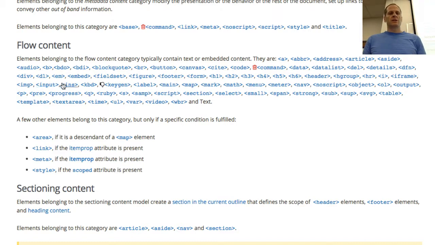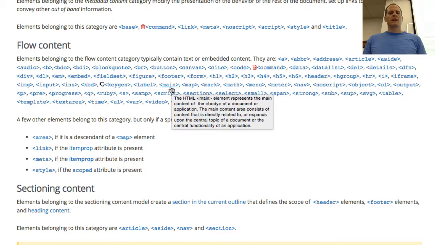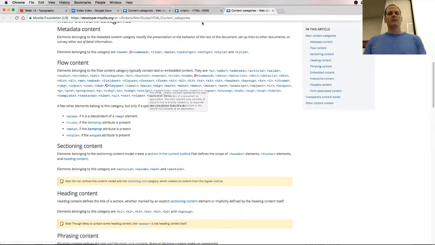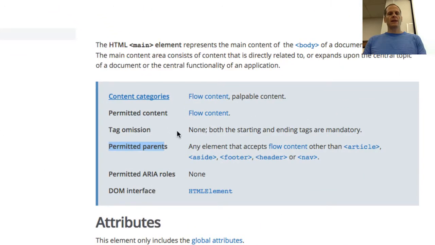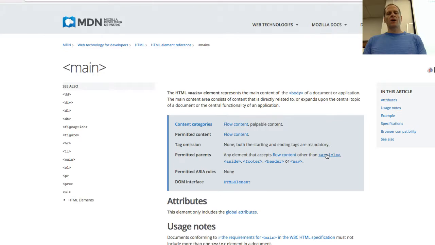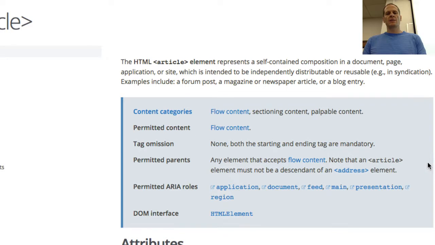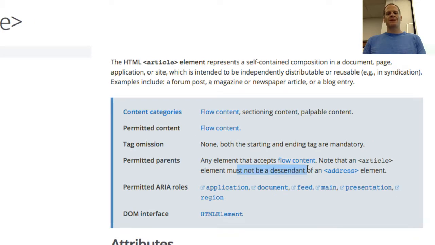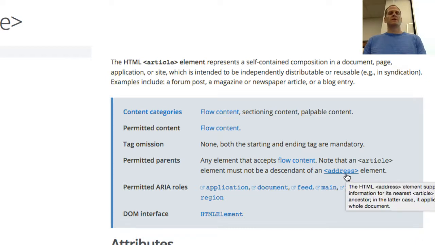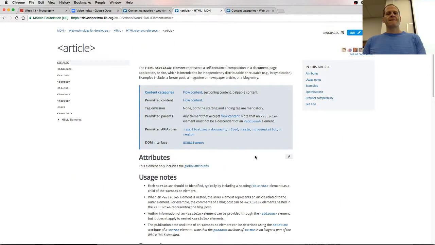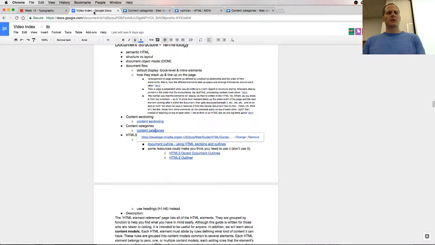So we can look and we can see main right there. And main can contain any other flow content, but it cannot have a parent that is one of these. So you could read about stuff. Article: any element that accepts flow content can be its parent. Note that an article element must not be a descendant of an address element. So article can't have an address as a parent. So you're starting to learn to read the documentation a little bit and just seeing what that stuff is and